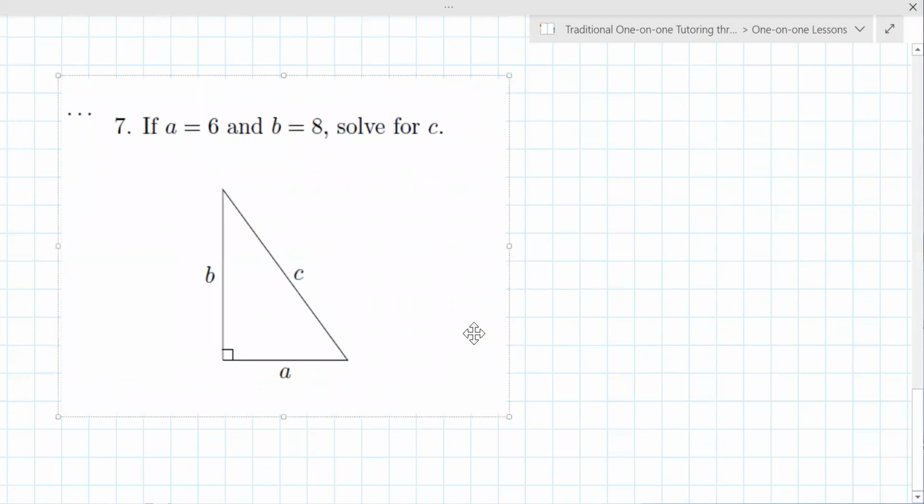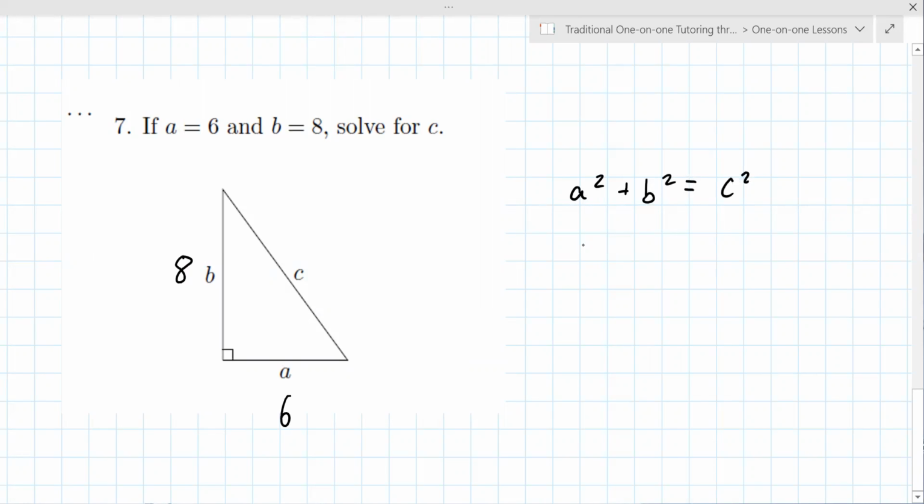All right, so this one says if A equals 6 and B equals 8, solve for C. So what is the value of A? The value of A is 6, and the value of B is 8. Good. And the Pythagorean theorem says A squared plus B squared equals C squared. Let me put the values in: 6 squared plus 8 squared